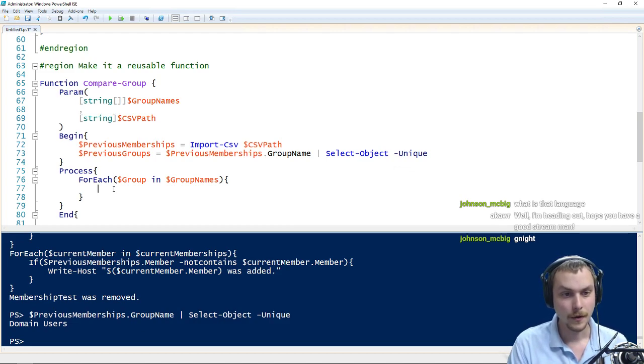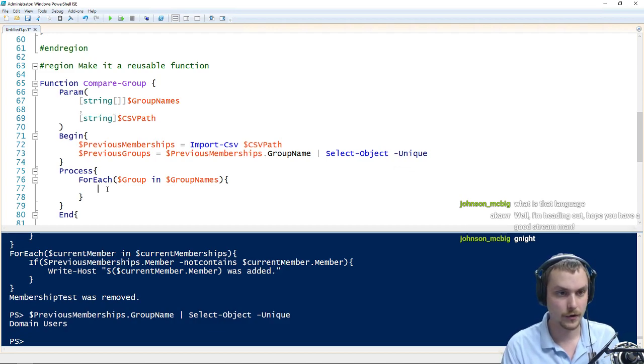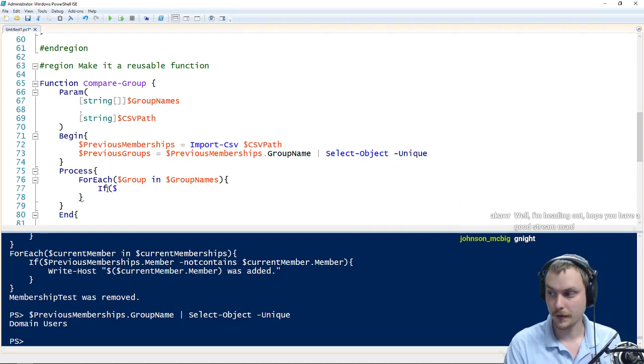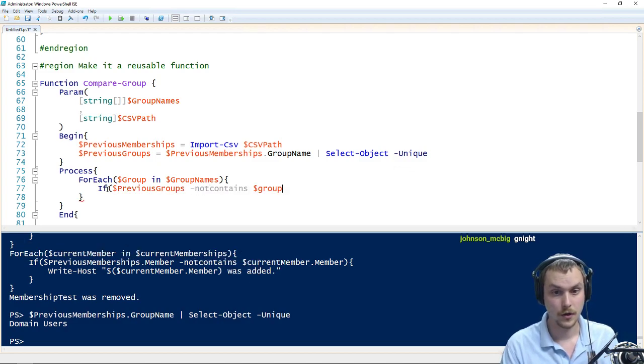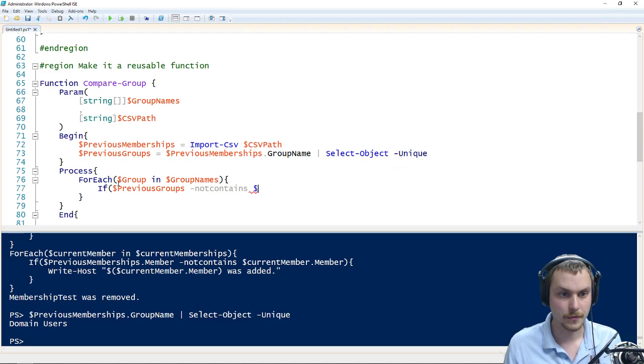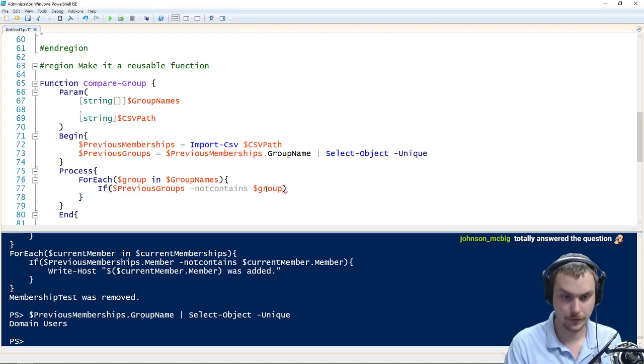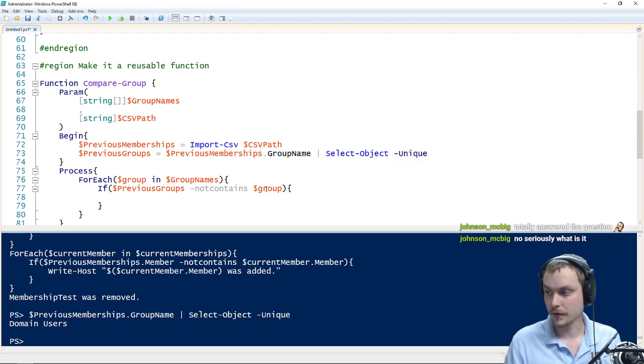All right, so anyway, for each group, the first thing we want to do is say that, for each group and group name, so these are the ones passed to the function. So if previous groups not contains, let me actually, sorry, I'm kind of a stickler when it comes to uppercase and lowercase. That's what I get for learning in C++, apparently. Okay, so if previous groups not contains group, so if that group isn't already,